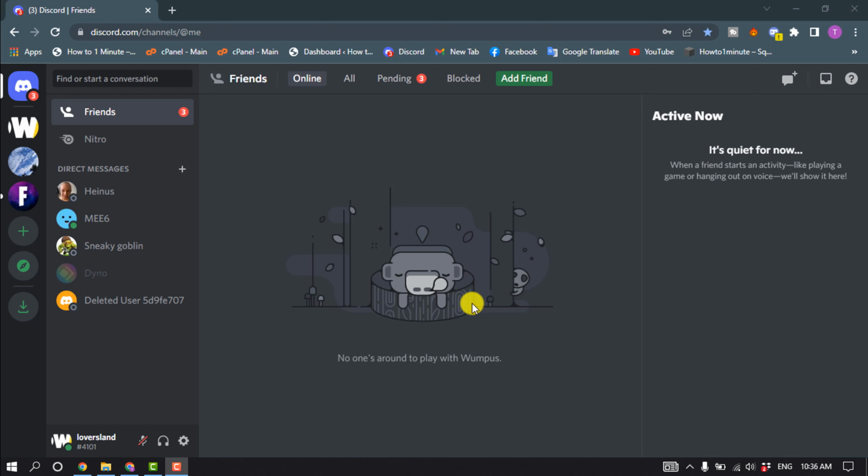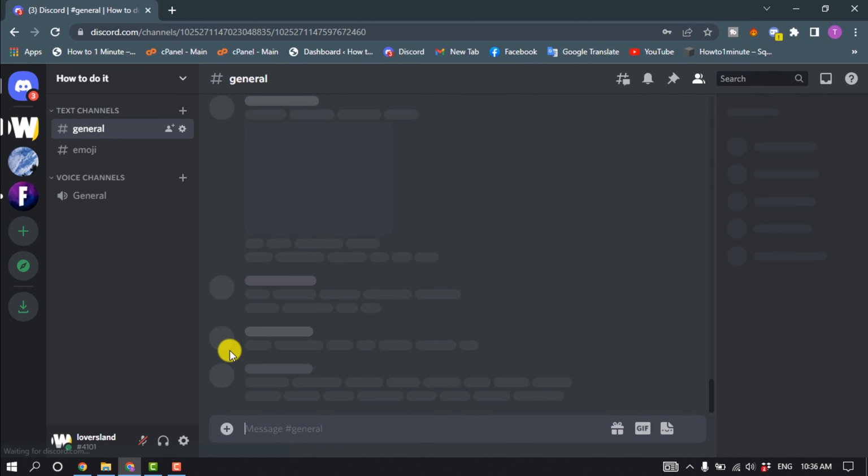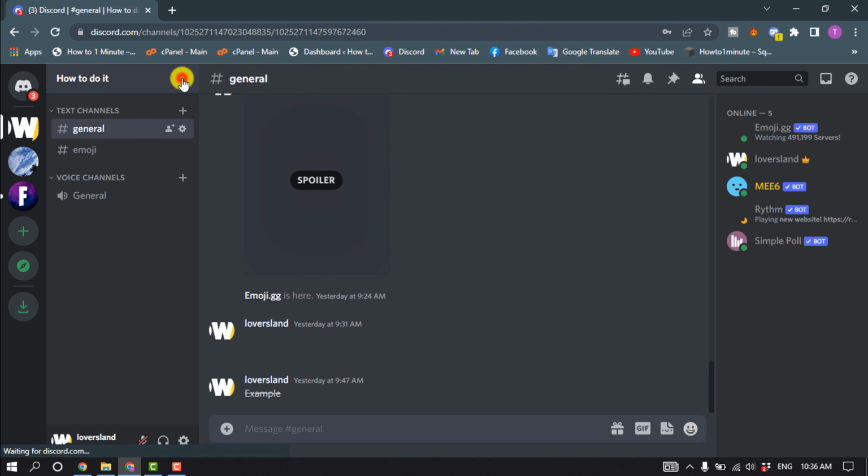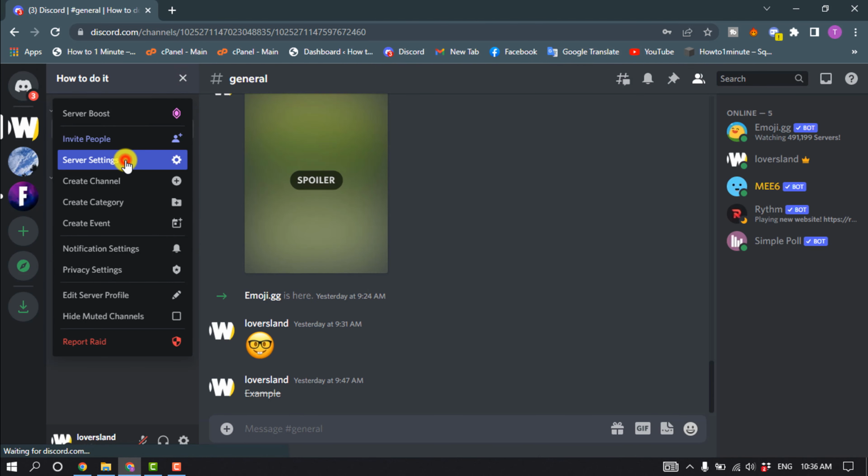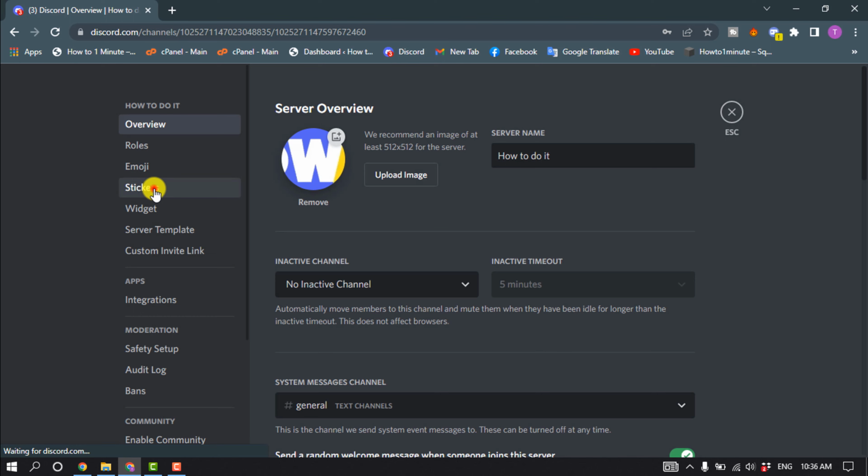So open your Discord and click on the server where you want to add sticker, and after opening the server, click on this drop down, server settings, stickers,